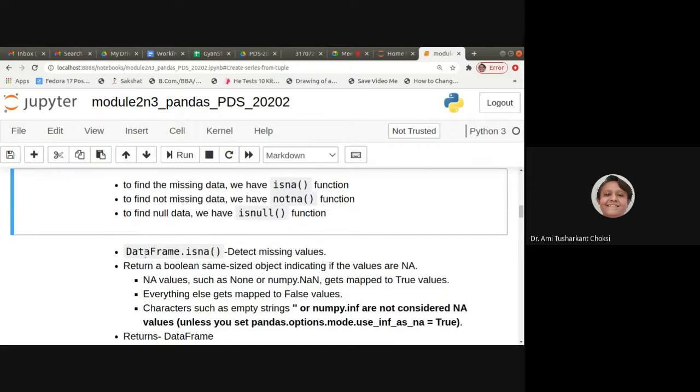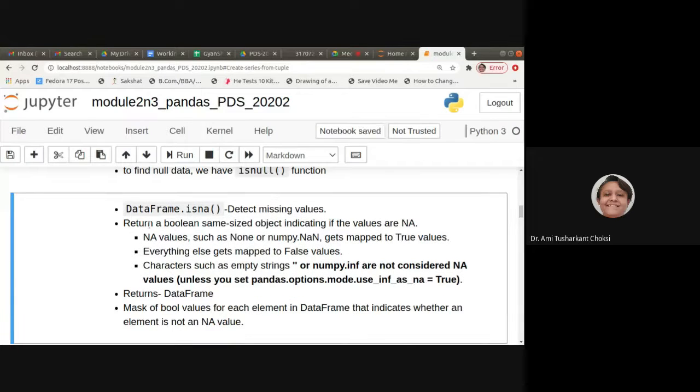We can use it with the help of our data frame object. Now, isNA detects the missing values. It returns a Boolean same-sized object indicating if the values are null, that is NA, not available.